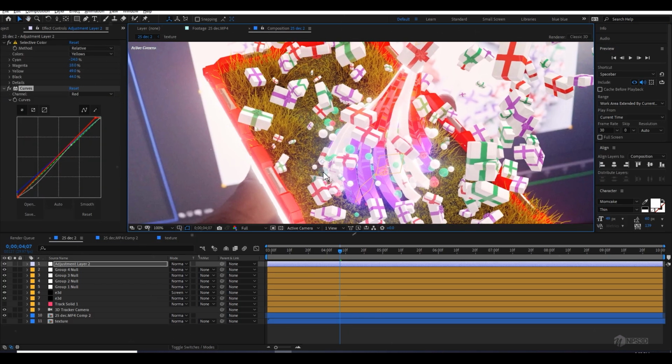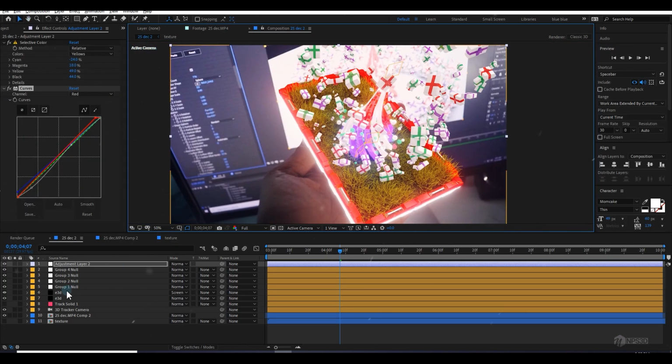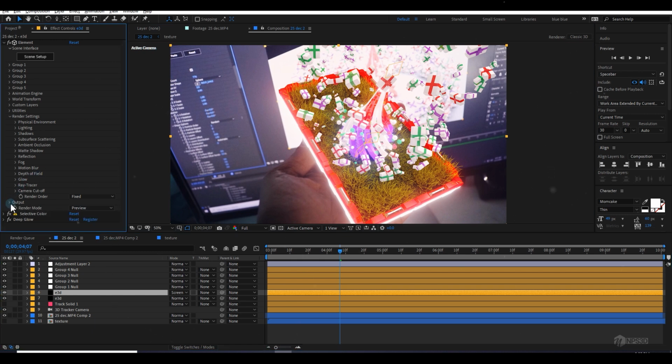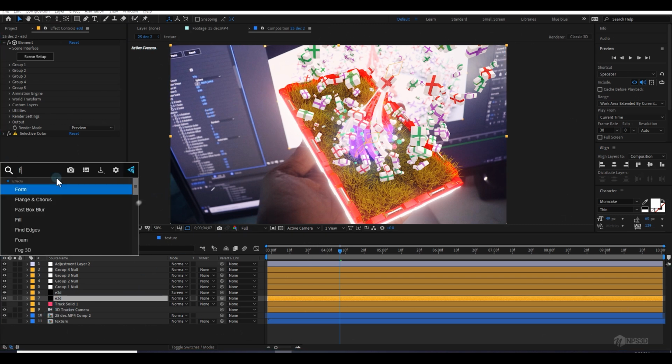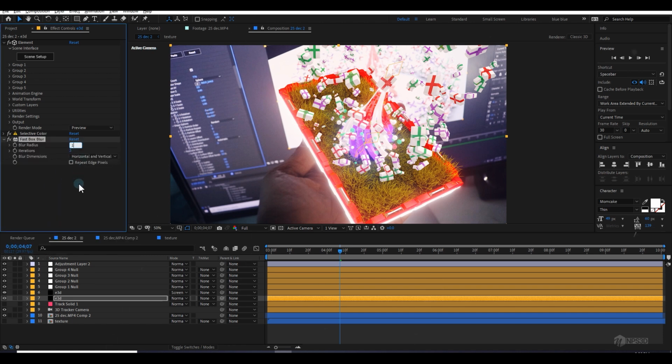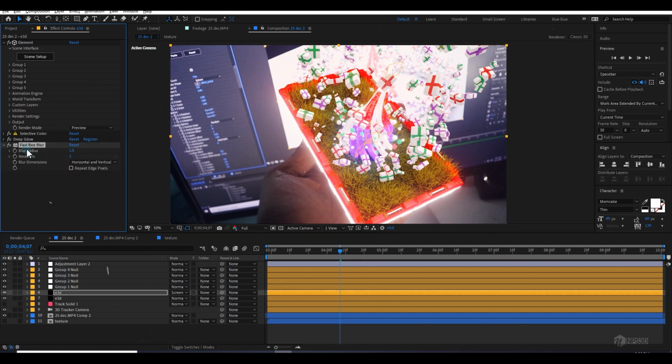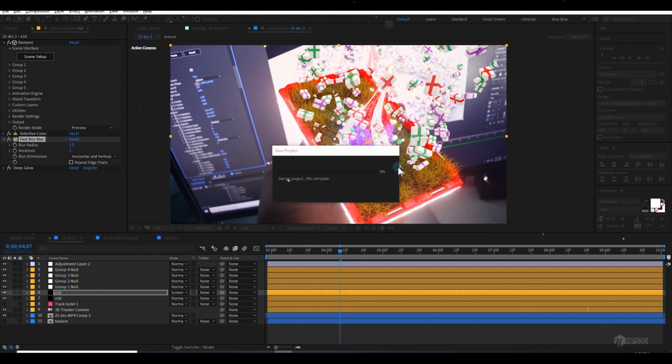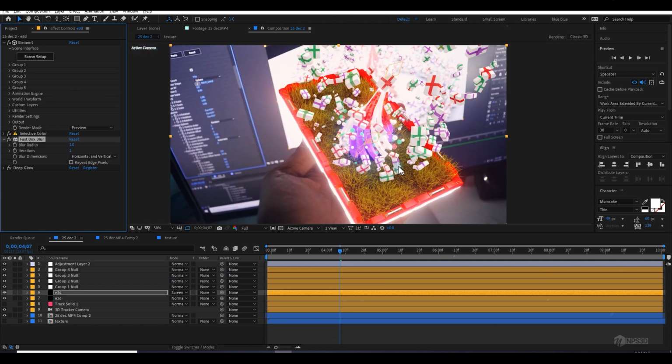And if you think your object is too sharp, you can always apply fast box blur here on the Element 3D if required. You can just make it 1 or make it 2 and make the iteration 1. Make it 1 here as well, and copy this value and paste it here before the Deep Glow, and good.